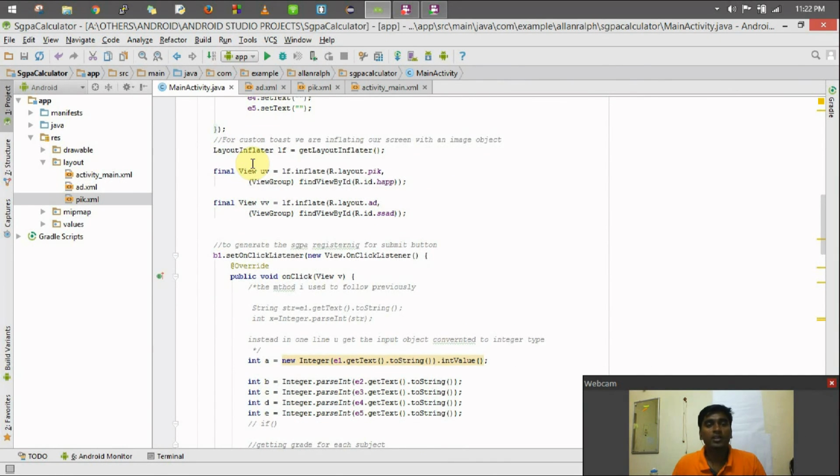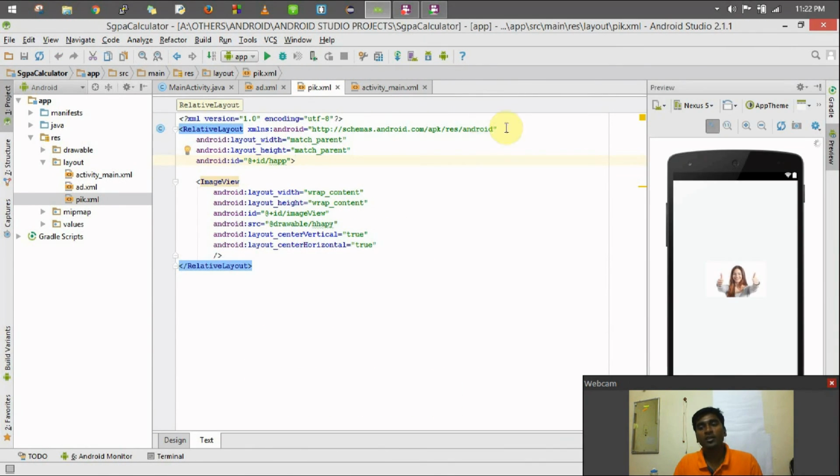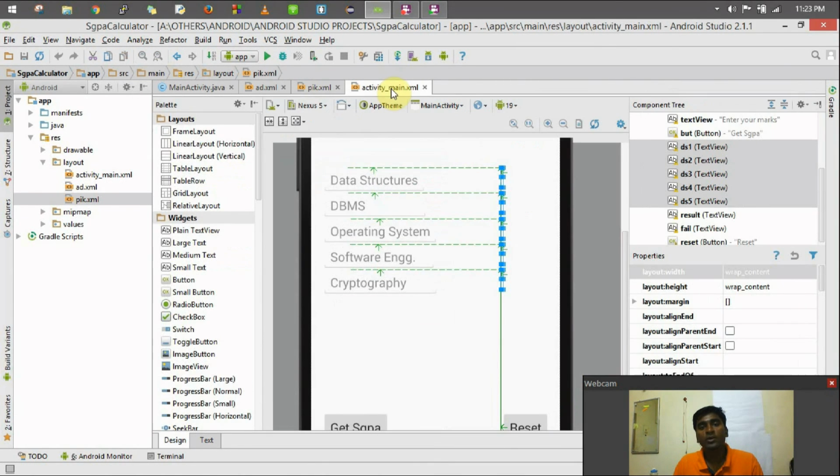Using this layout inflater, we make an object for it. So LayoutInflater lf is equal to getLayoutInflater, and using this object lf.inflate, we are inflating the XML file which contains the pictures into our main XML file.